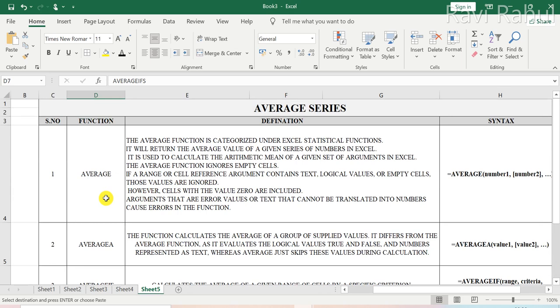What does AVERAGE basically stand for? The AVERAGE function is categorized under statistical functions, as I told you, and it generally returns the average of a given series of numbers in Excel. That is, it will return the average value of the given series only for the numerical values.